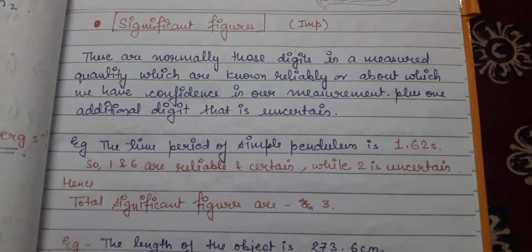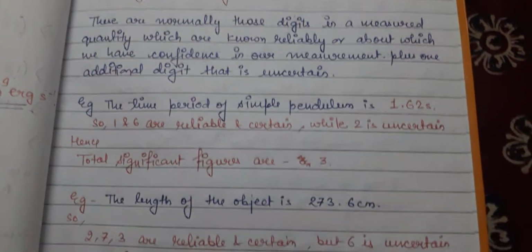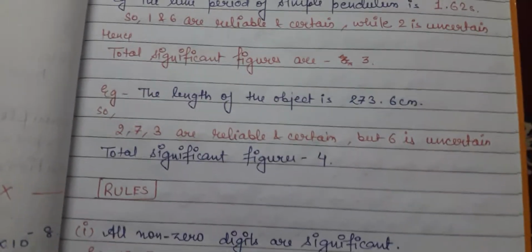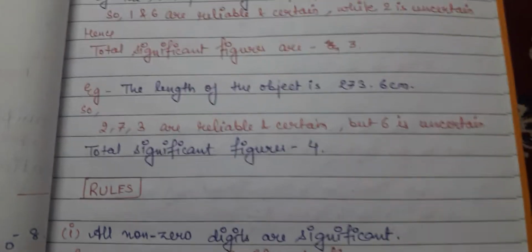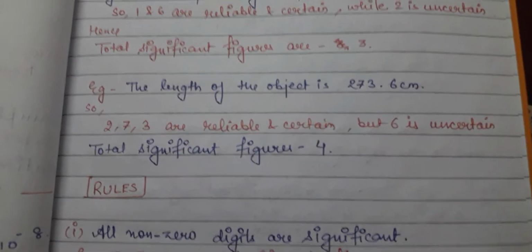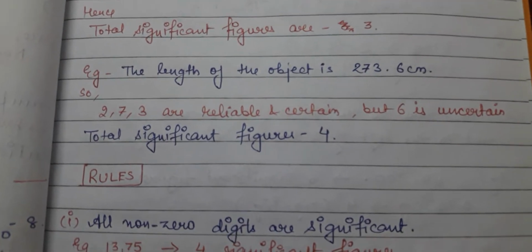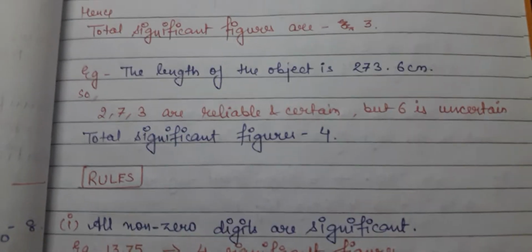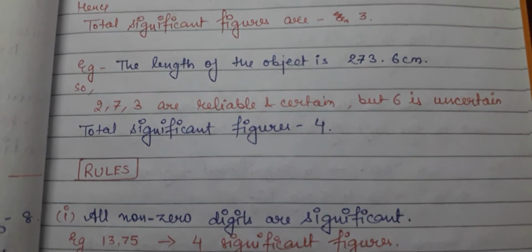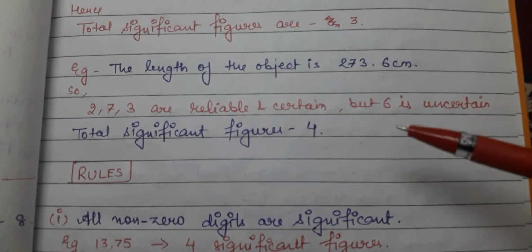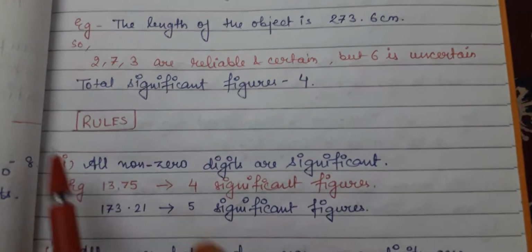Okay, so there are some rules for finding out the significant figures for any measurement of any physical quantity. First of all, don't keep in your mind that you have to memorize all the rules. Okay, so no need to memorize any rule. You have to just have a glance at the rules, and according to those rules you have to see the questions and find out the significant figures in them. The more practice you do for such topics, the more clear the rules will become, or the more clearly you will be able to grasp the rules.